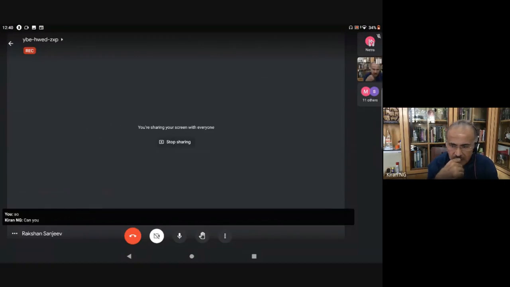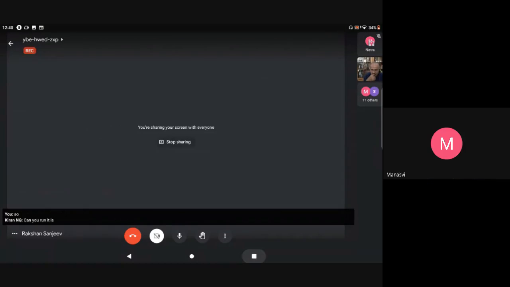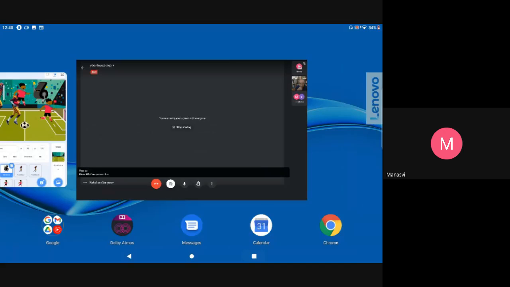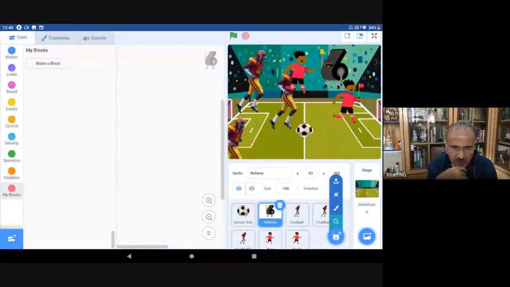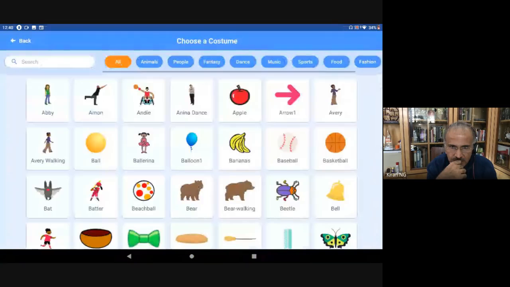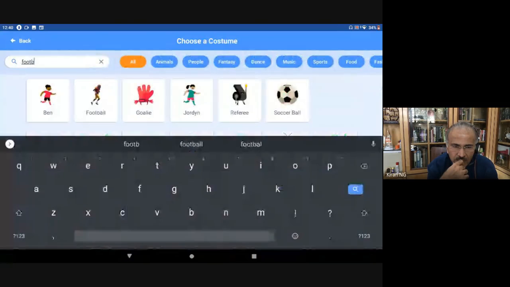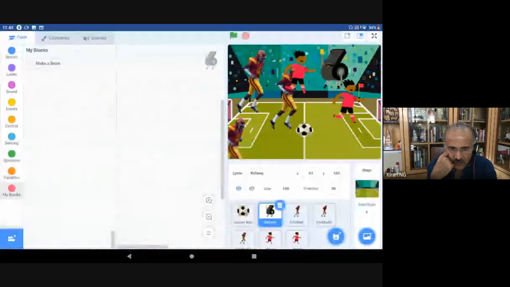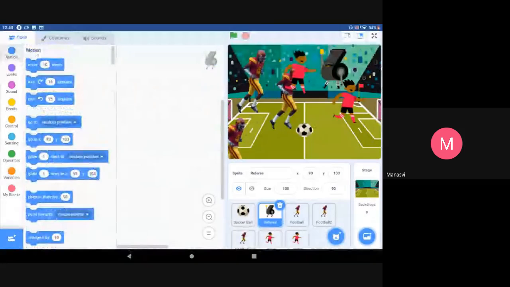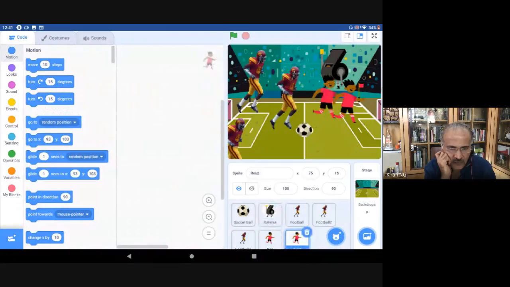Is it running? Yes, sir, it's coming, Jordan. Have you done the coding? Will it work? Maybe there's some coding saying it's hiding. Anyway, let him figure it out.